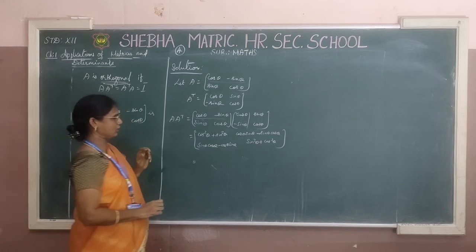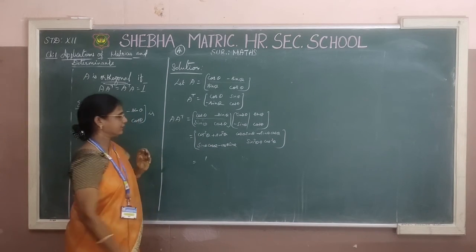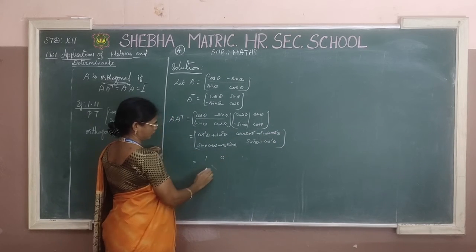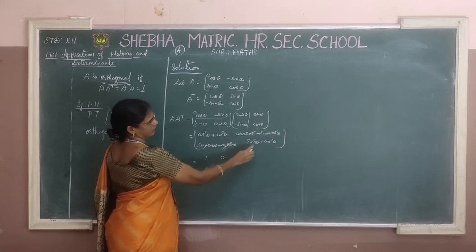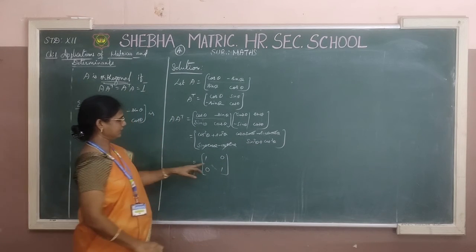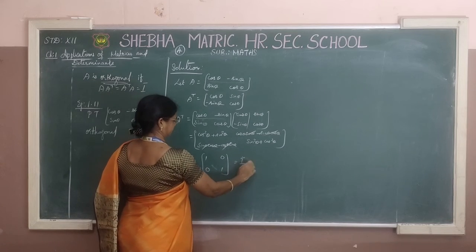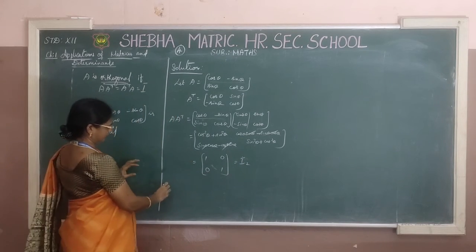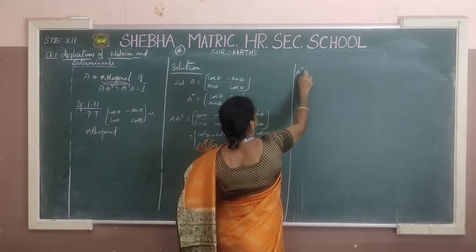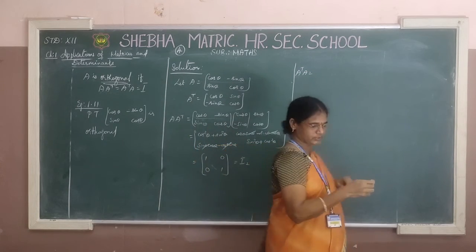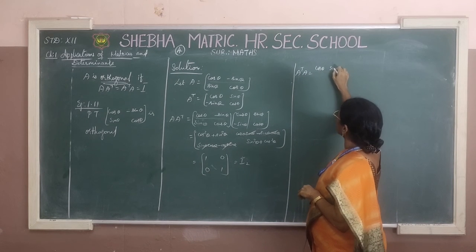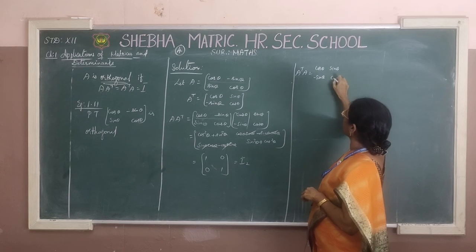So, we get cos square theta plus sin square theta is 1, you know very well, and cos theta sin theta minus sin theta cos theta gets cancelled. So, put 0 for that. Here also we get 0, and here also we use the formula sin square theta plus cos square theta equal to 1. So, we get the identity matrix. It is denoted by I2, and then next you have to find A transpose into A. A transpose is this, right, [cos theta, sin theta; -sin theta, cos theta].